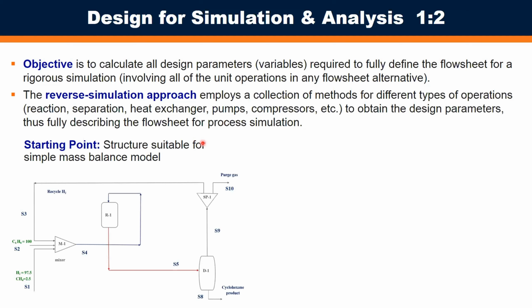So the starting point, you have some kind of structure representing your process. This is a simple mass balance model here. This is for the hydrogenation of benzene to cyclohexane. And right now, all that's there is a general structure of the process where feed streams and recycle streams are